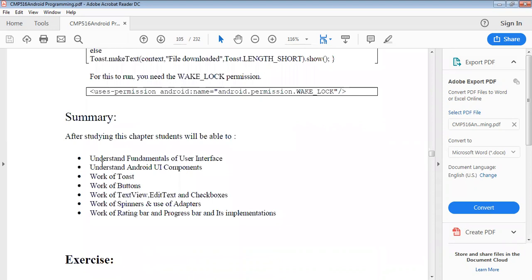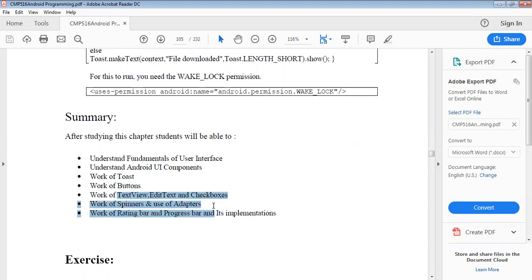So in summary, we can understand the fundamentals of our UI, as well as some UI components. We saw what the toast is and how it works, as well as buttons, their attributes, what a button is and why it is used, what an image button is, their different attributes and uses, text view, edit text, and checkboxes, as well as what a spinner is, how it works, and the use of adapters.